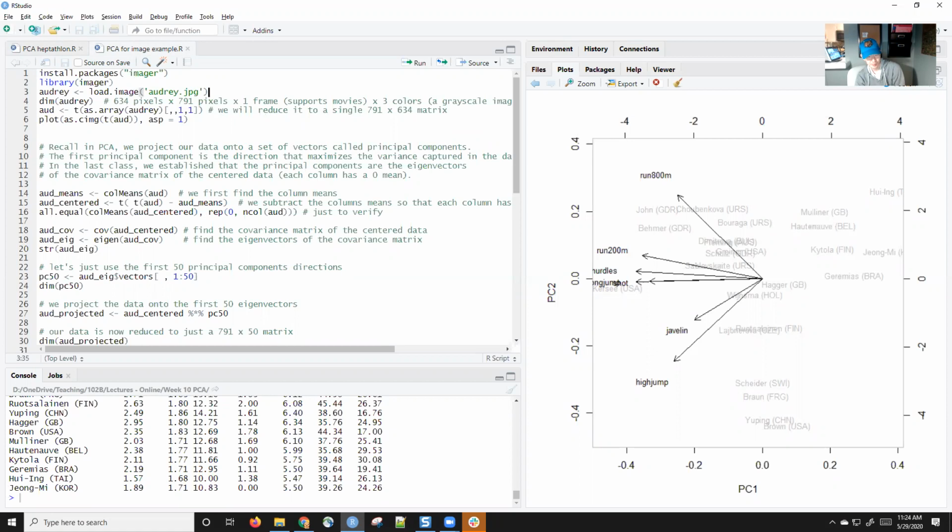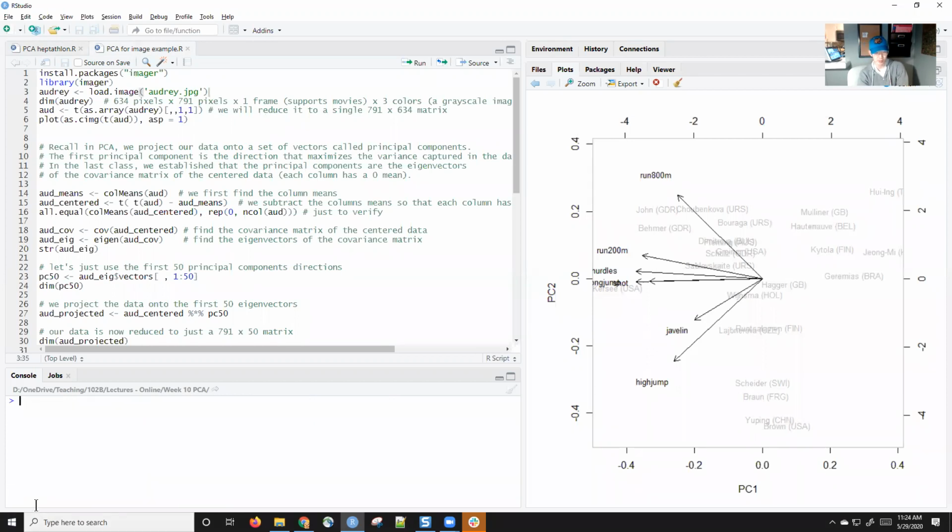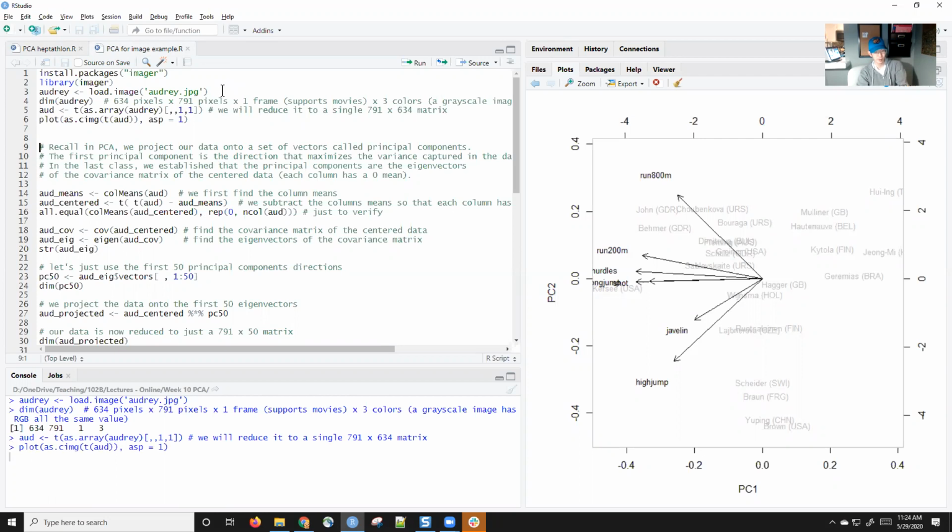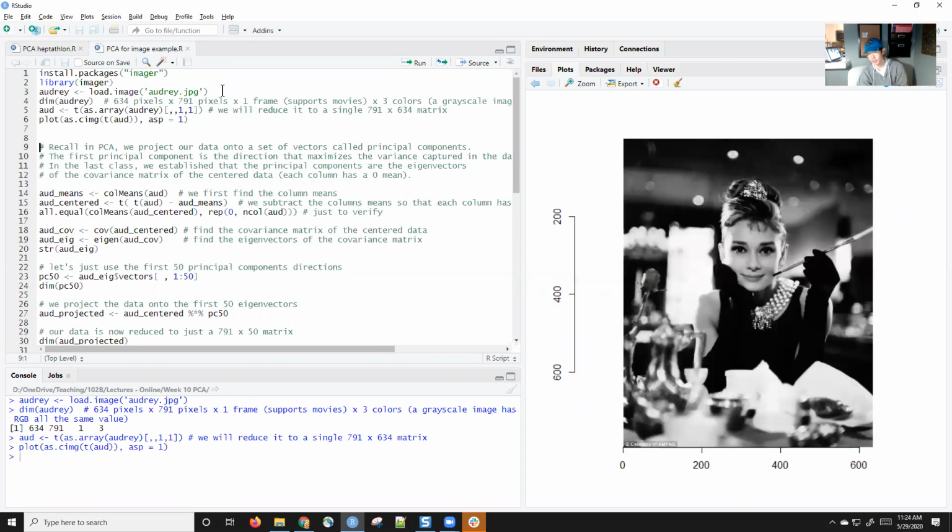And what I'm going to do is load up this image of Audrey Hepburn from the movie Breakfast at Tiffany's. So this is an old classic movie. Maybe you're familiar, maybe you're not. This is an iconic scene from the movie Breakfast at Tiffany's,